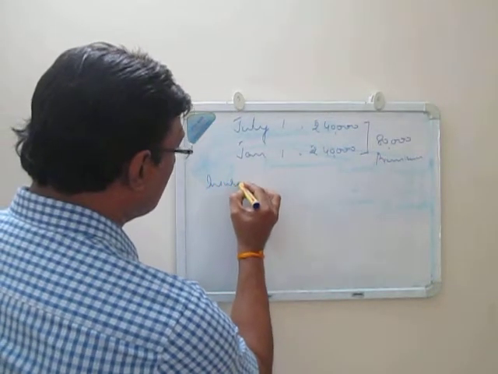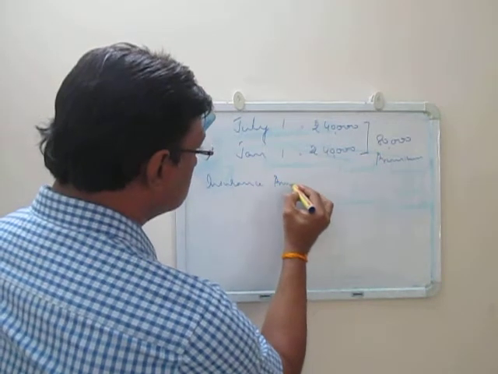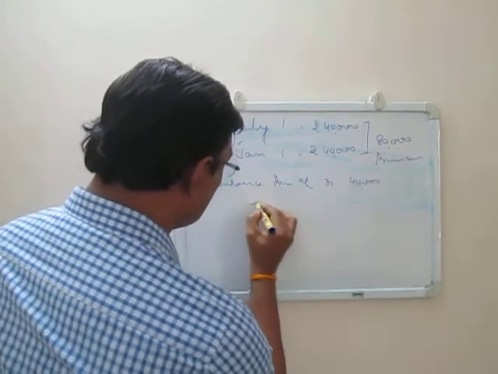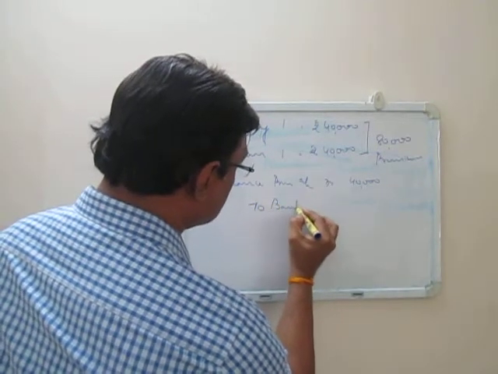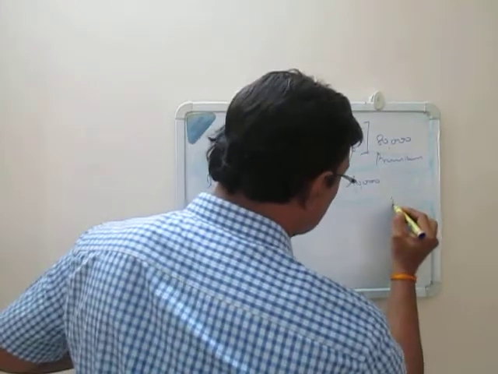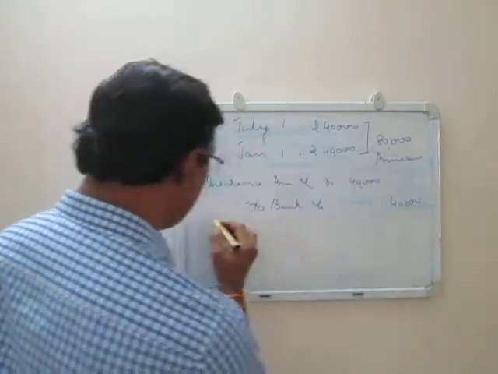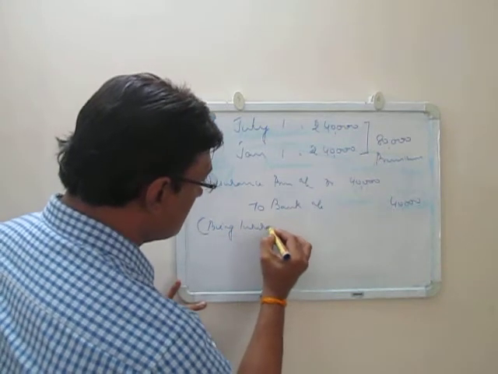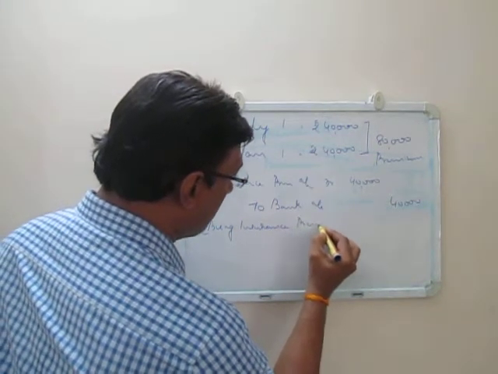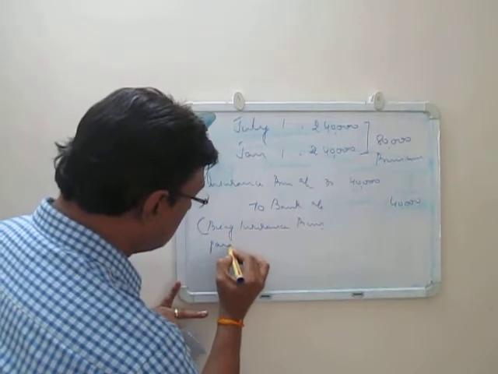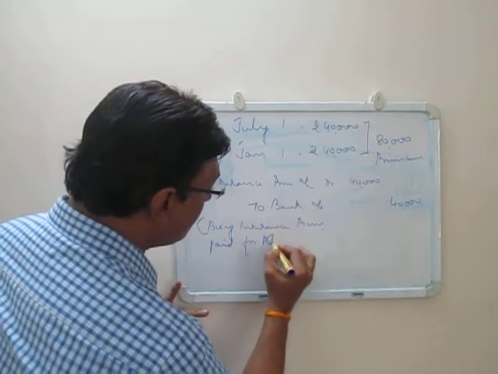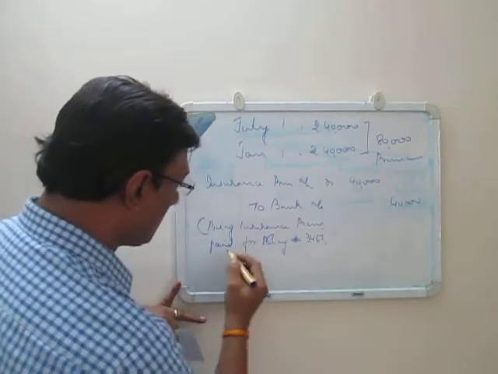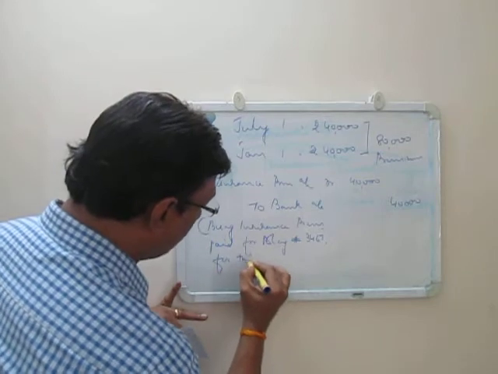Insurance premium account debtor 40,000 to bank account 40,000, being insurance premium paid for policy number 3467 for the period,